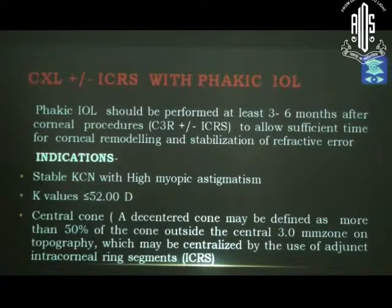So when should you do the phakic IOL or the ICL? How long after cross-linkage? Again, there is a debate on this, and there are a lot of studies regarding stabilization after C3R. I give a minimum gap of 3 months and preferably 6 months after cross-linkage to allow sufficient time for corneal remodeling and stabilization. Of course, there can be changes up till 2 years, but whether you want to wait for 2 years, but basically these patients